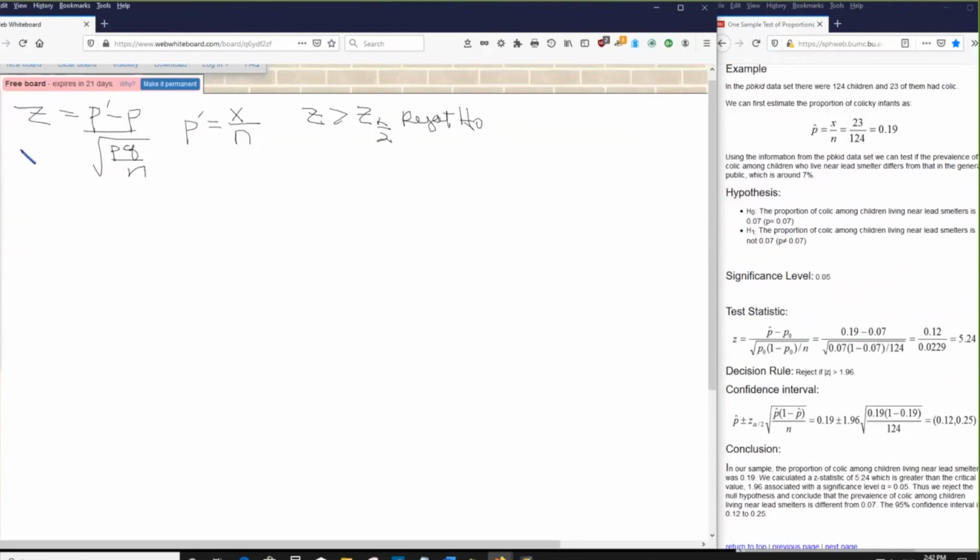7%, and a sample data from a study on the effects of lead exposure gave a... So let's see, in the interest of time, I'm not going to read the whole statement so that we can work through this whole problem. So let's say we're given a sample size of 124. We have the number of successes, or the number of cases of children that had colic